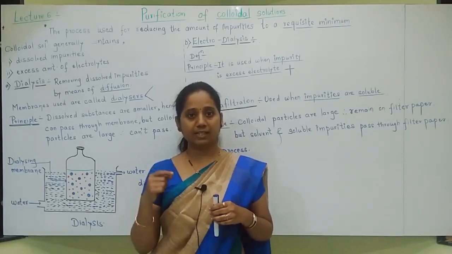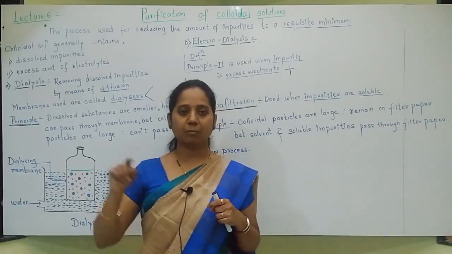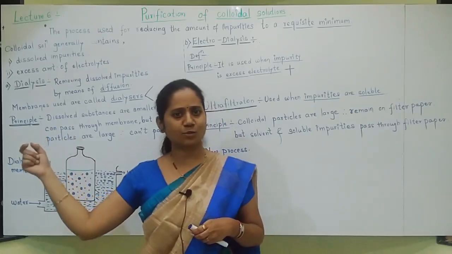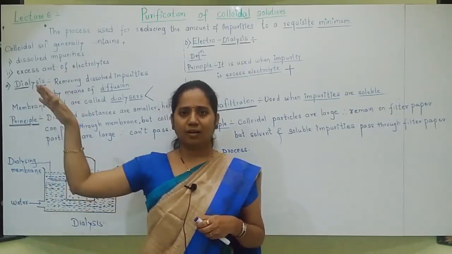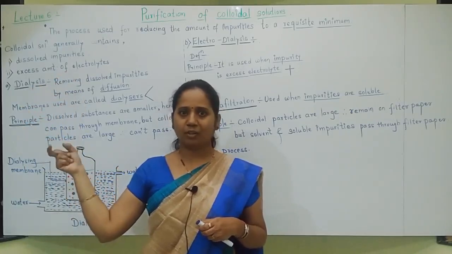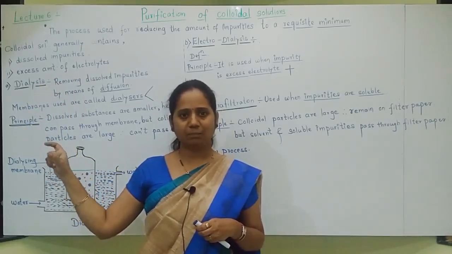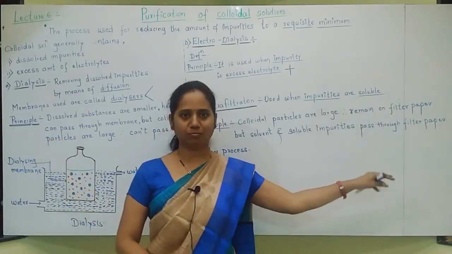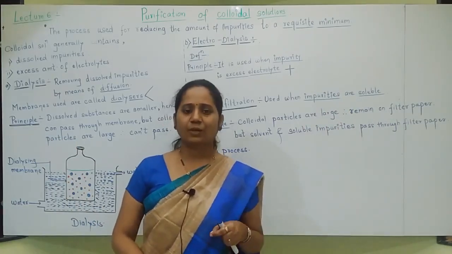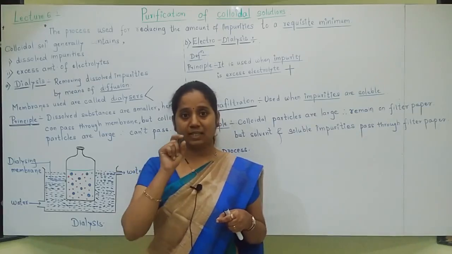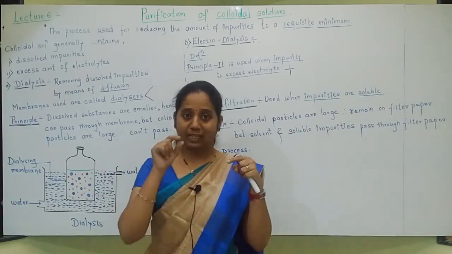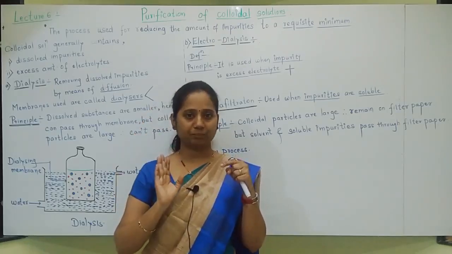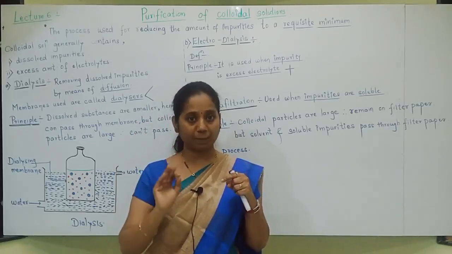Then what type of membrane should we use for dialysis? Students, when I started this topic of colloidal solution, at that time we compared true solution, suspension and colloidal solution. I told you that true solution particles are so small that they pass through ordinary filter paper plus animal membrane. Suspension cannot pass through both because of large size. Colloidal particles are in between. They are small enough that they will pass through ordinary filter paper.